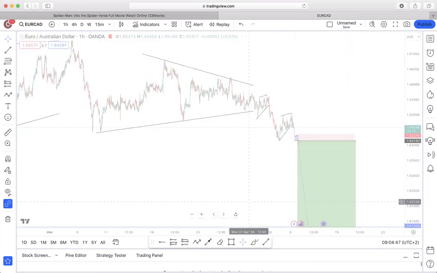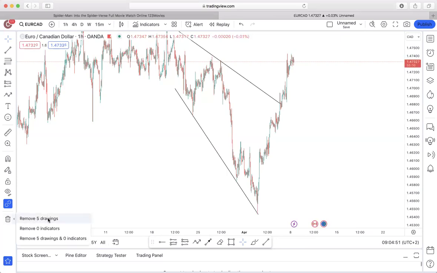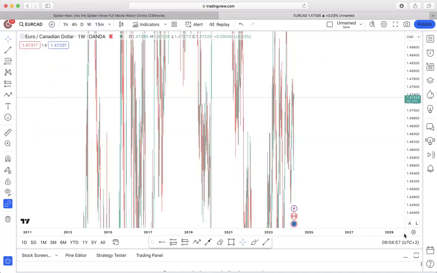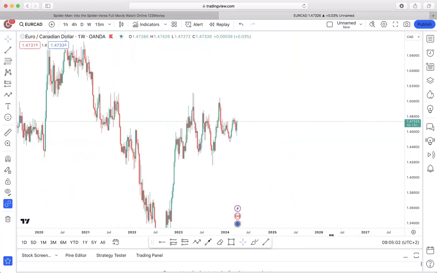Now let us move on over to our next pair, which is going to be the Euro over the Canadian dollar. So with this one also, let us begin our analysis on the higher time frame and let us work our way down. So with this one, coming on to the weekly time frame. On the weekly time frame,